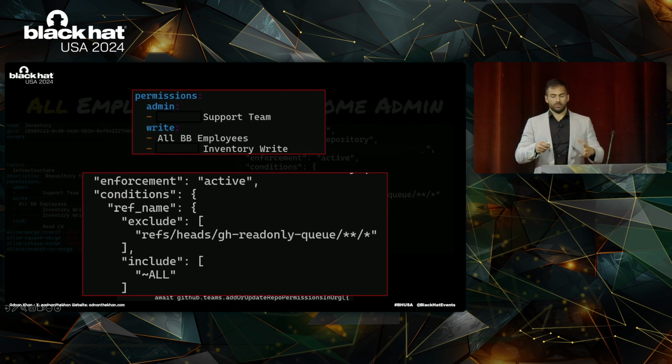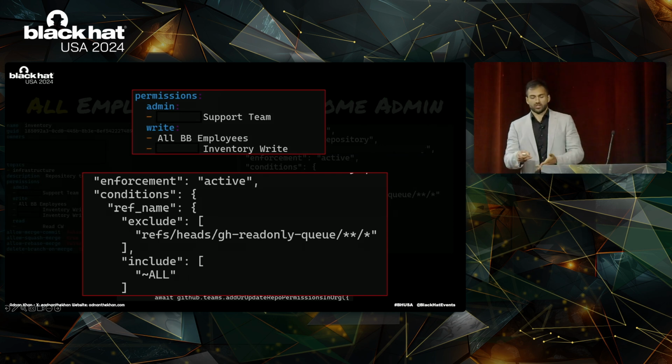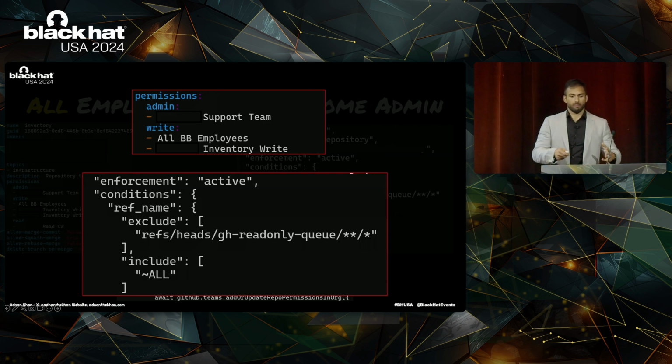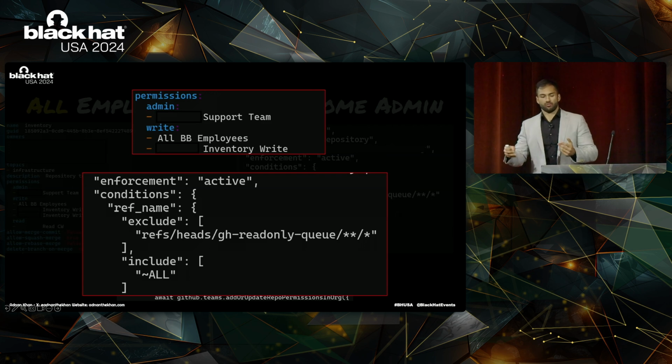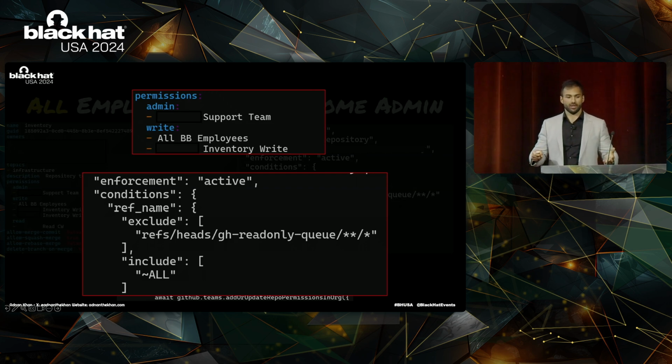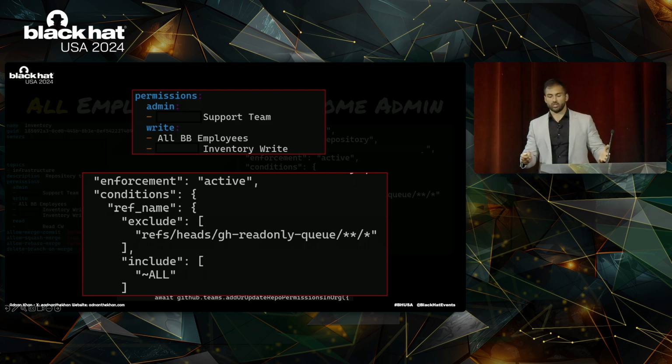And in GitHub Actions, if you have write access to a repository, you have access to all of the secrets. That's just how GitHub Actions secrets work. To mitigate this, this repository had a rule set that prevented creating any new branches and modifying files on them. So it would prevent someone with write access from actually modifying workflows to get secrets. However, there was an exception to this rule set, which was that any branches matching the pattern gh-read-only-q/anything would not be subject to that rule. So if you just created a branch matching that pattern, you can get access to secrets.